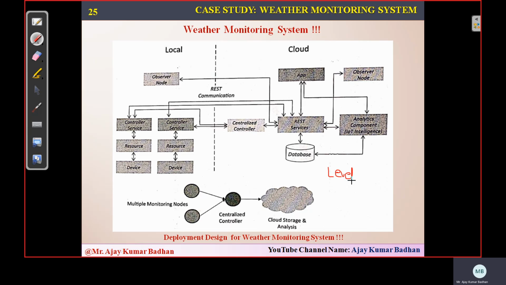If you don't remember it, you can watch my previous videos of the first unit. This is the level 6 model for weather monitoring. You can see we are using a cloud here, and whatever data is gathered locally is stored in the cloud. Even from the application, here we are using a REST-based application, getting the data from the database, performing manual operations using IoT intelligence, and based on that, we'll predict what the weather will be tomorrow.